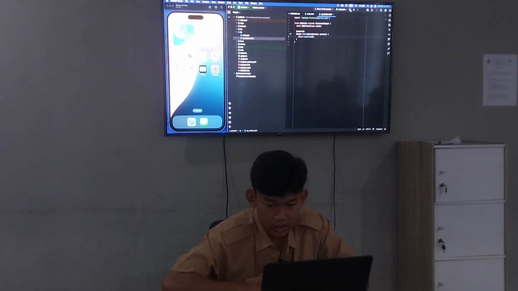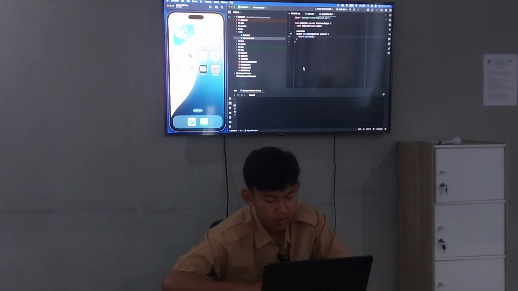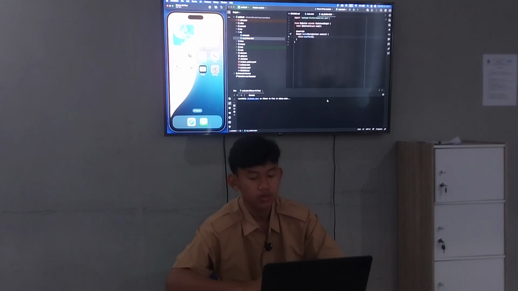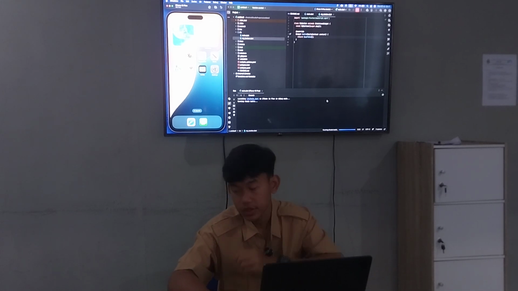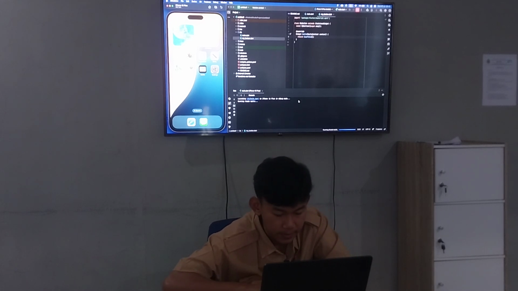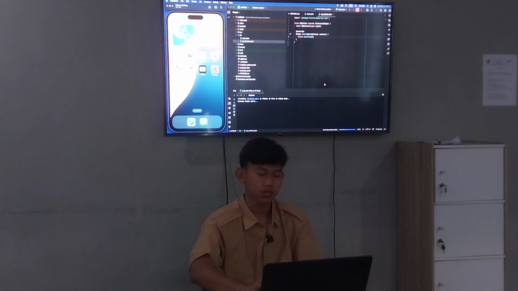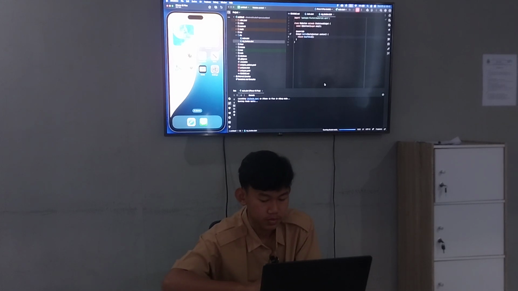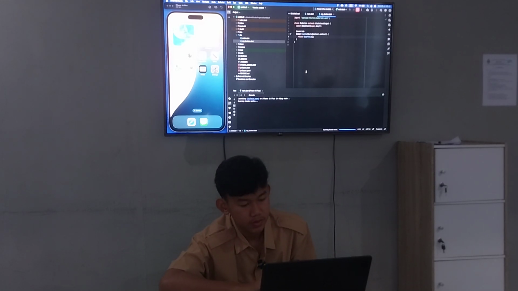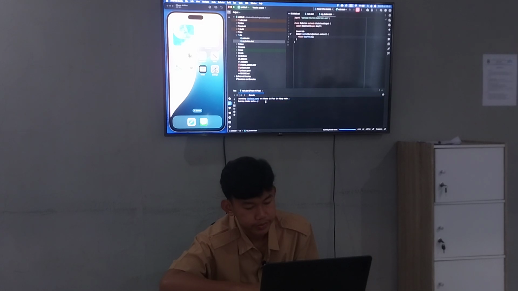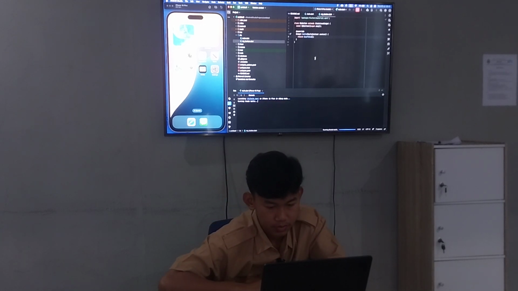Okay, the first one is running the emulator first. We wait until the emulator finishes, and this needs a few minutes. Okay, this is still a lot.